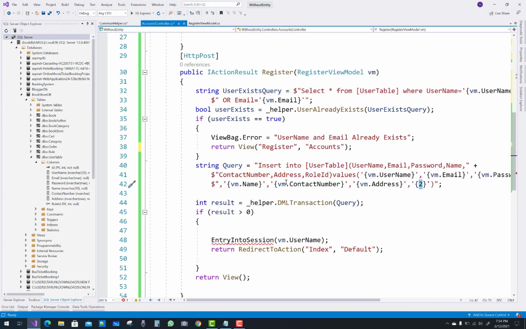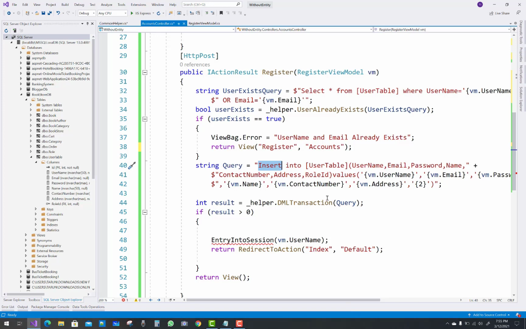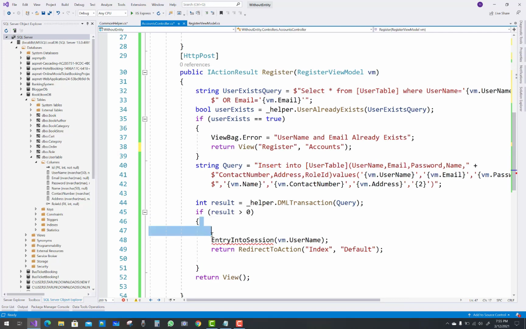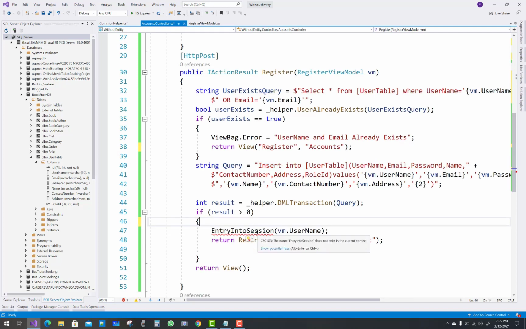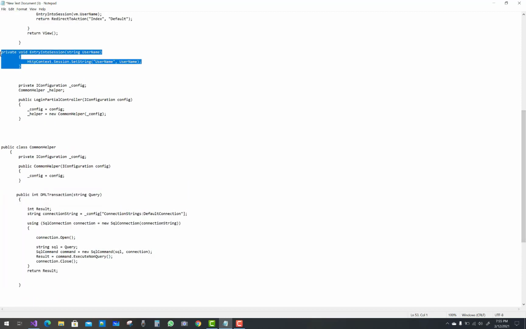Similarly, the query is there, and the query is an insert query into the user table where your query parameters are there. Again, check similarly: get the connection string from the configuration file, create the connection, and insert data into the database table. So if the result is greater than 0, I mean to say it returns an integer value, and result 1 then saves the value into the database.